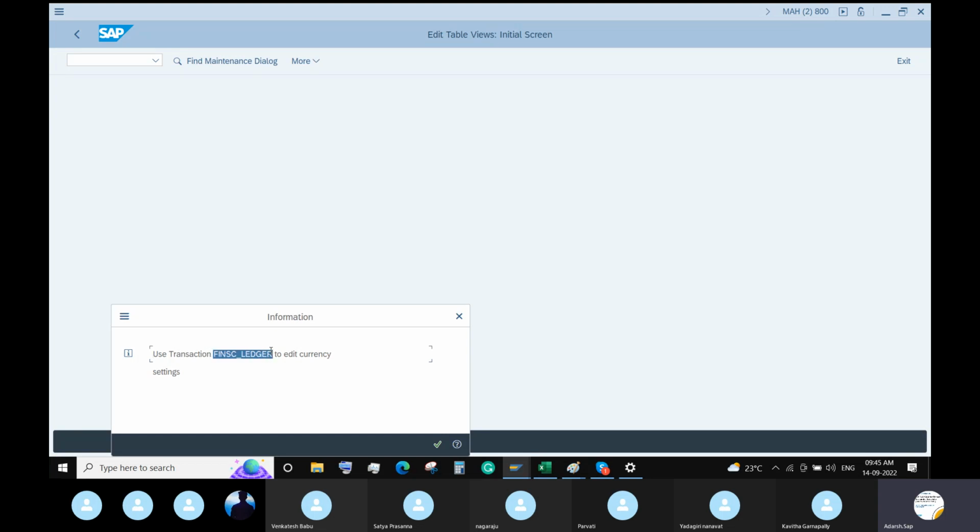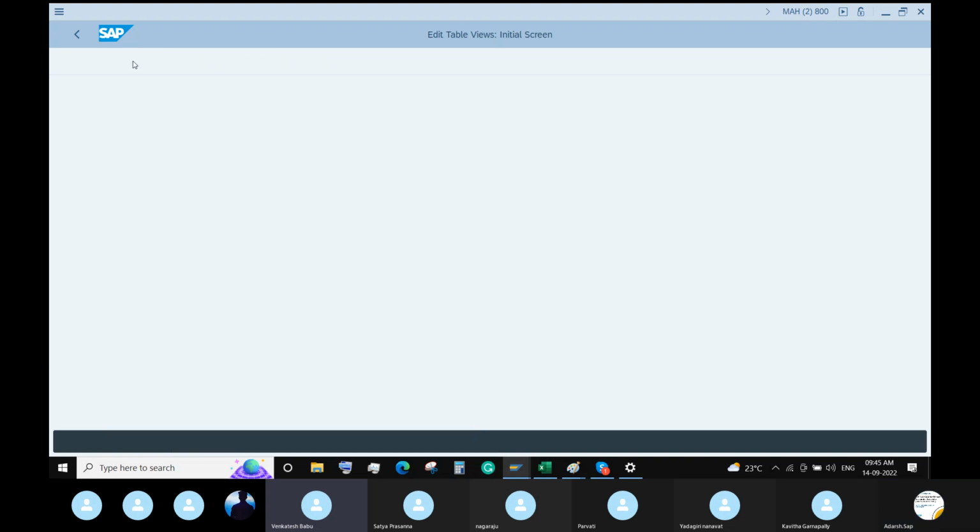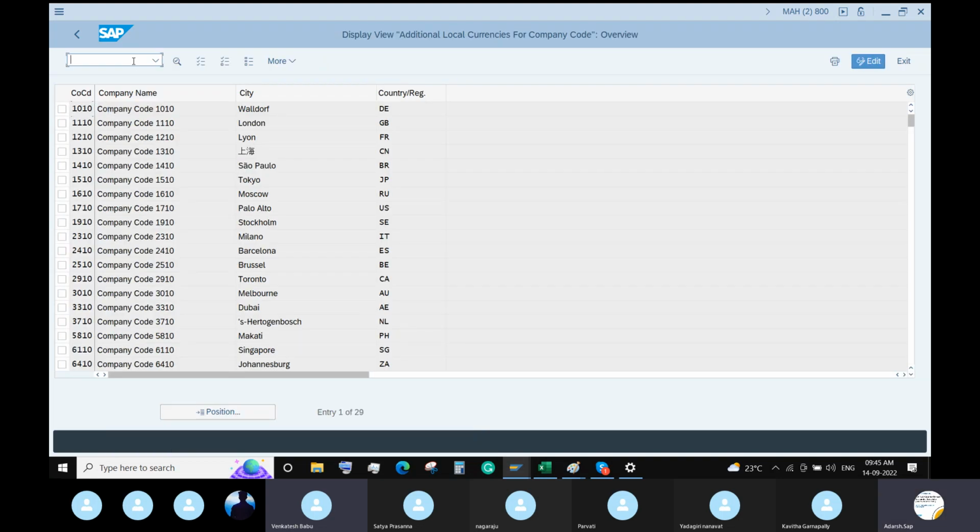I recommend you note this pointer, because if you get a question like what the changes in S4HANA are, you can mention this. In ECC we can maintain for FI up to three currencies, but in S4HANA we can maintain up to 10 currencies. You can add that point also. Okay, so this is